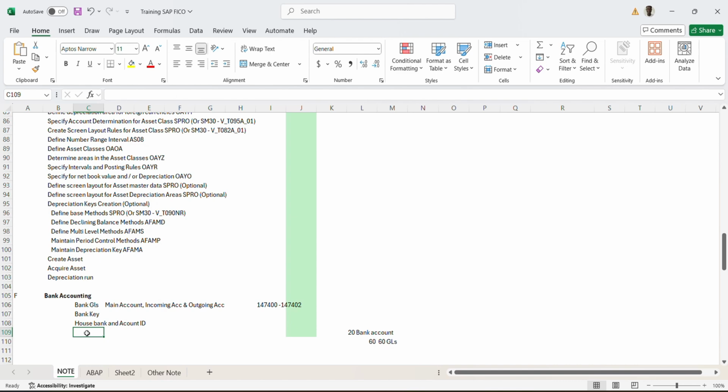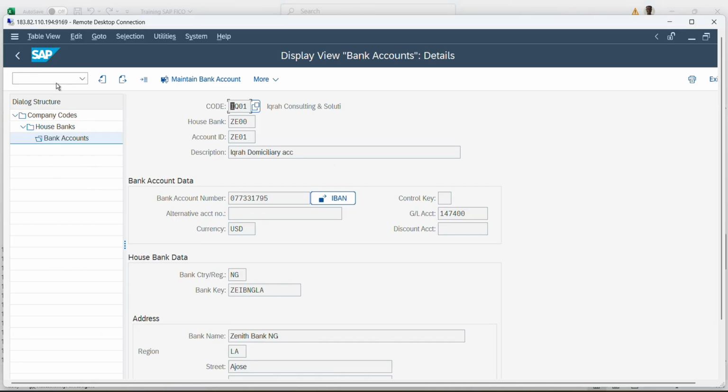So we have successfully created a bank. Now we need to post into the system. Let's run a transaction that involves the bank. So what do we do? We go back to our SAP, and then